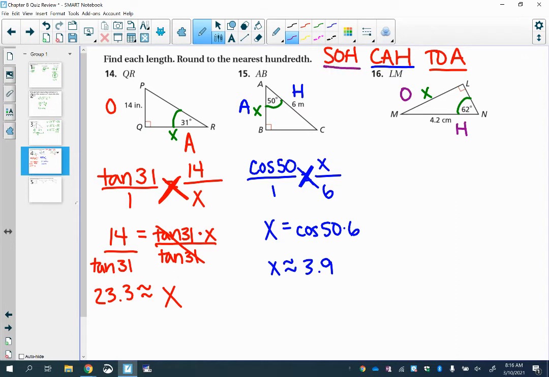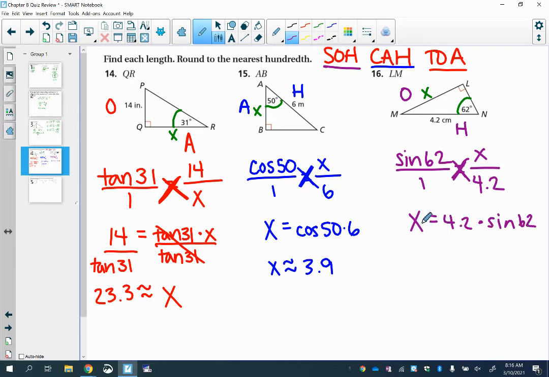So I'm talking about trig ratio sine. The sine of 62 over 1 is equal to opposite over hypotenuse, which is 4.2. All right, I'm going to cross multiply. I know I'm working a little bit quickly, but that's because I'm on my third one. All right, X times 1 is X. Sine 62, actually, let's get in the right habit. 4.2 times sine